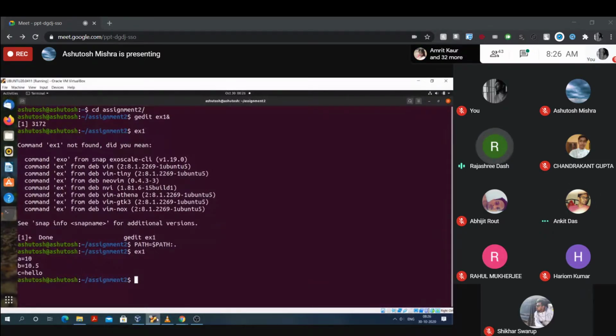Suppose A is an integer variable and you want to initialize it during runtime. What statements do you write in a C program? Ankit, you explain what you are doing.